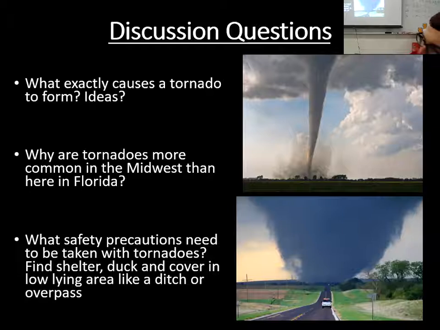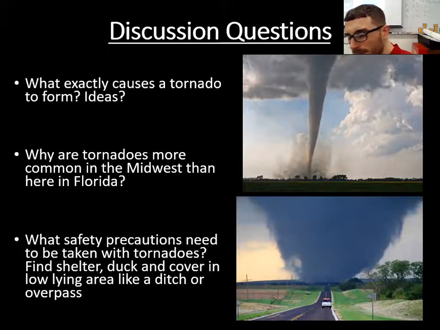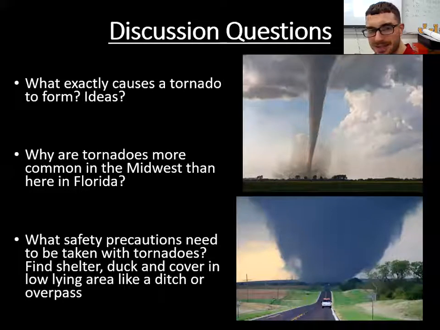What exactly causes these tornadoes, these storms? Again, it has to do with air, and we're going to explain that here in a minute. Why are tornadoes more common in the Midwest than here in Florida? Well, they're more common in the Midwest, guys, because the air is a little drier. They do get storms, but the air is drier. The air in Florida is much more humid and has much more moisture. So that air being really heavy, we do get tornadoes, but they don't get as bad as like in Oklahoma,